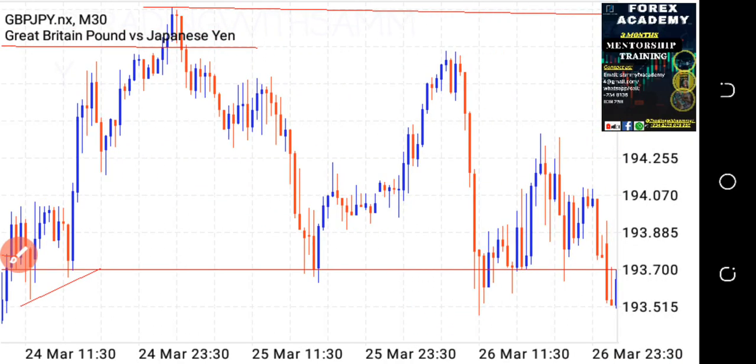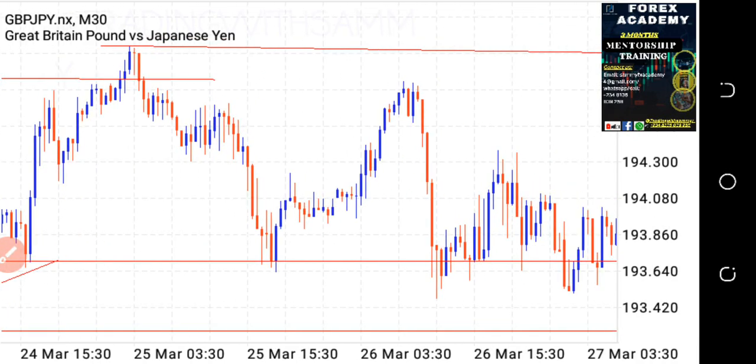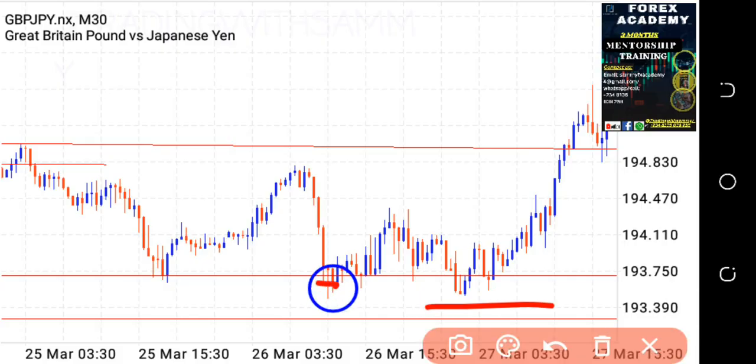What did price do? Now it came back here. Okay, came here. This is not the right time to enter. We have to wait. Now how do I know this is not the right time to enter? As you can see, all of this here is weak. You have not seen any pullback here, then pull back down. Now why does market have to pull back up and pull back down? Because it needs to stop out guys that are buying early.